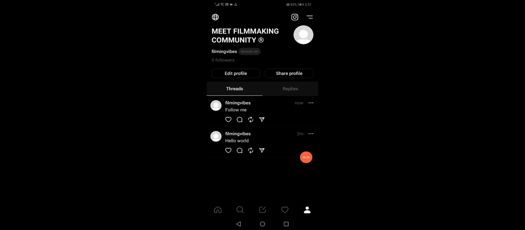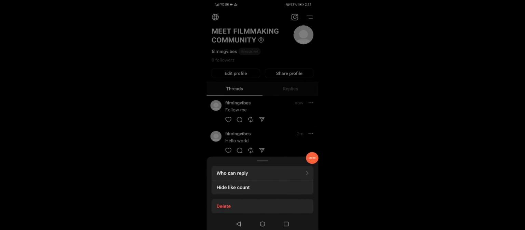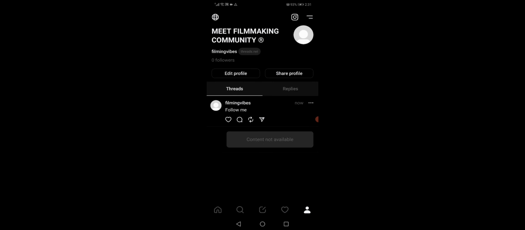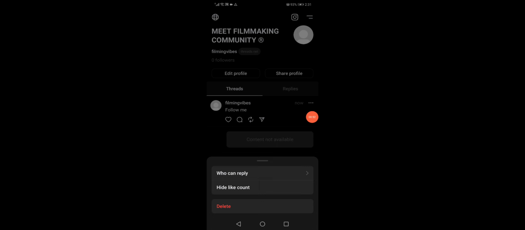what you have to do is click on these three dots and then click on delete like this. Now choose delete from here, and after you click on it, the post or the thread is deleted. And if you want just to edit other settings of the thread, click again and choose any one here you